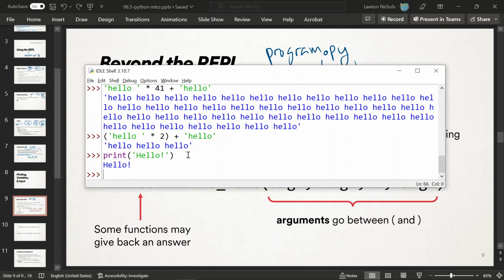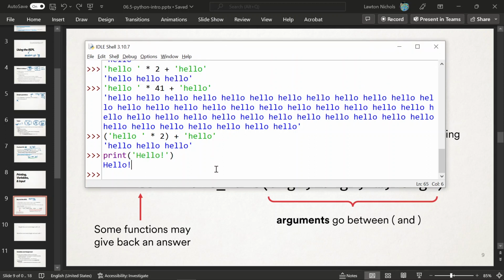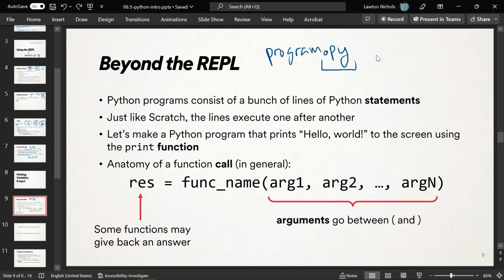If you make your own programs, the P is not automatically there, so we have to tell it whenever we want it to print stuff. You have to wrap it in this print function, we say. Okay? So what this line does, if I put it here, print, and then I put a string, hello,